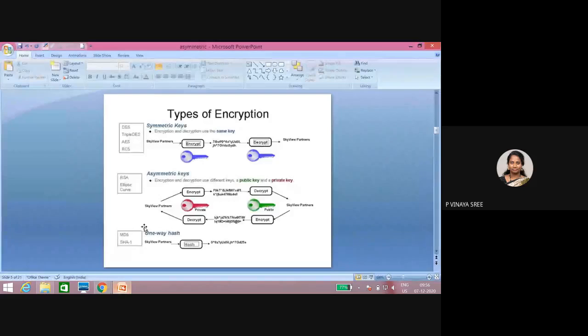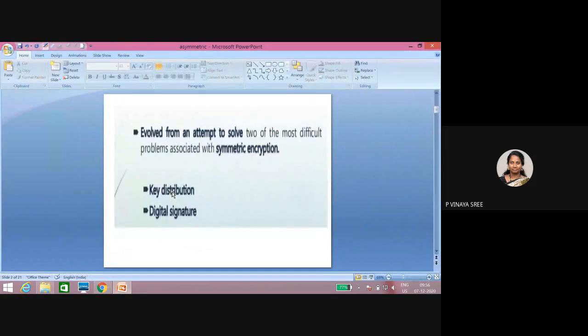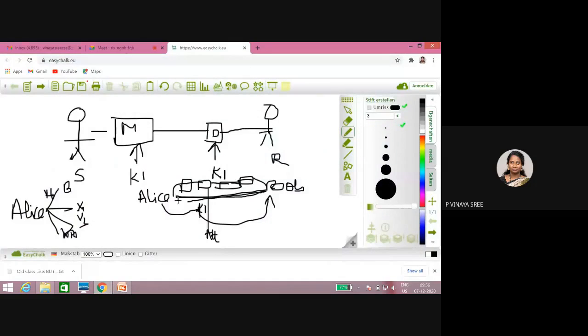And one more problem is the digital signature. What is a digital signature? If Alice wants to communicate with Bob with a symmetric key, Alice will send a message and share a key, right? And let us consider another person called Eve sends a message to Bob saying this is a secret key, and this Eve is acting as Alice.